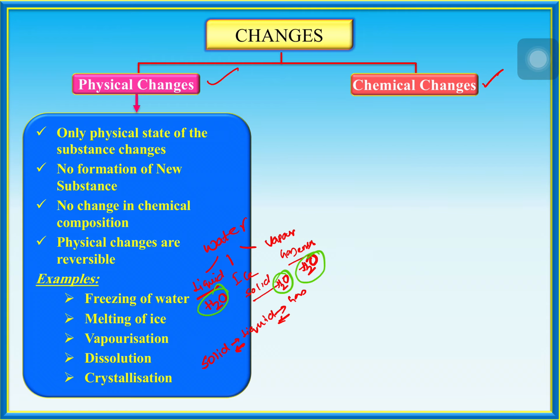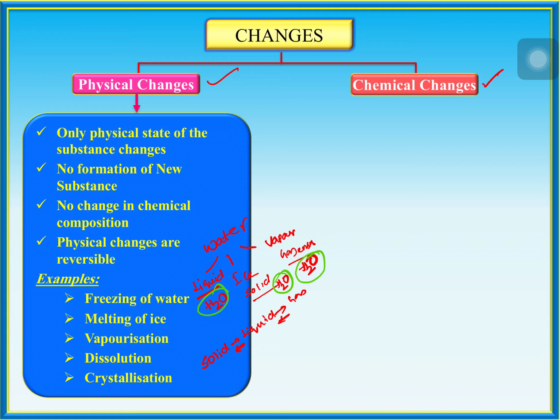And if you want to get liquid from gas, simply reduce the temperature, cool it, and apply pressure. That's called condensation. Gas into liquid is called condensation. If you want to solidify the liquid, meaning a liquid into solid, that's called freezing.